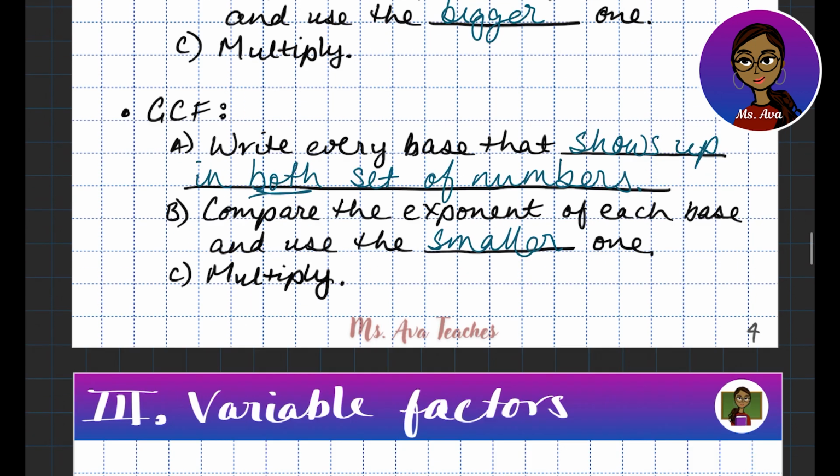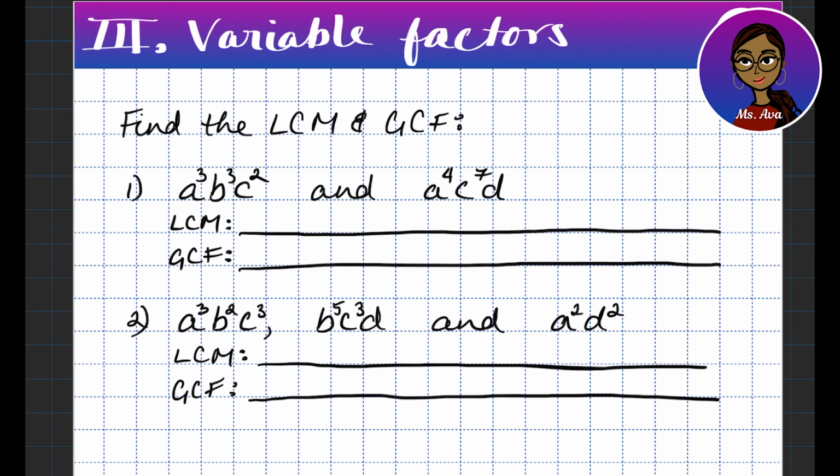That's our GCF. Okay, next up, we're going to do the same thing, except this is with variable factors. So you can see right here, instead of having the prime numbers as the bases, this time the bases are just variables. But you do this the exact same way. So which bases should I write down for the LCM then? You're gonna write down every base that shows up. Yes, because every base is invited to this party. So what do you want me to write down? Write an A, a B, a C, and a